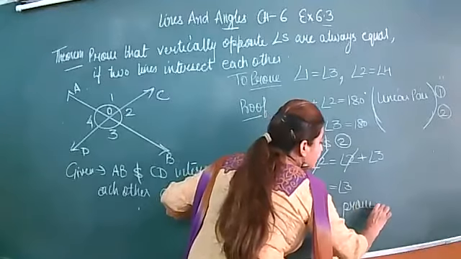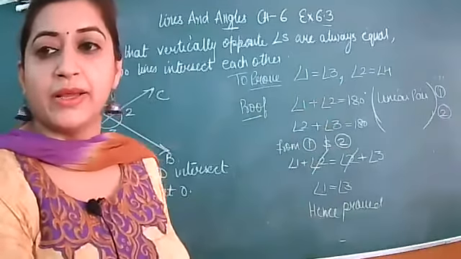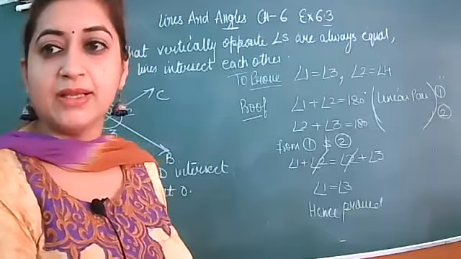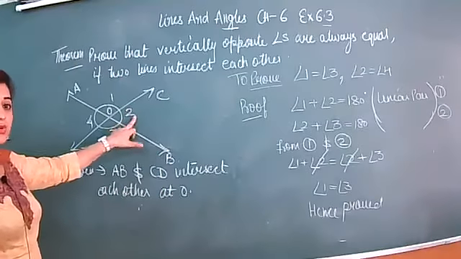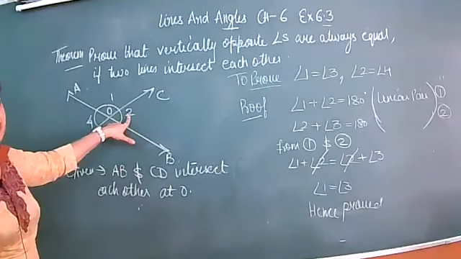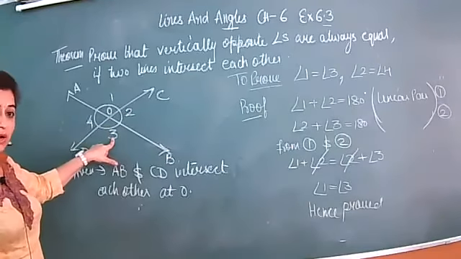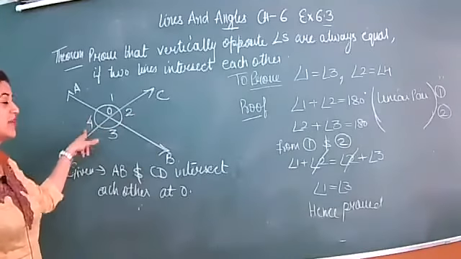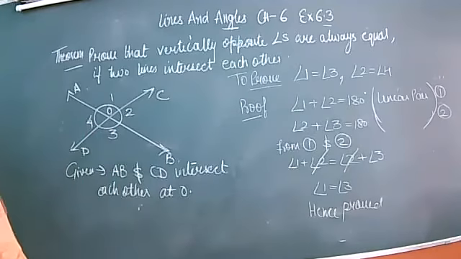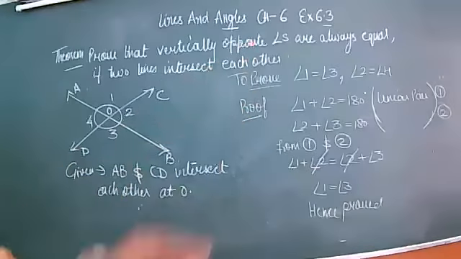And similarly, you can write another, angle 2 and 4 as equal, if you apply the linear pair property in the other pair. But why I have taken 1 and 2 and 2 and 3? Because 2 is common and I already knew that 2 will cancel out. If you want to cancel out 3, you can take 2, 3, 3, 4. 3 will cancel out, that will give you 2 and 4. So if you have any doubt, you can ask me, and at the end you will write similarly angle 2 is equal to angle 4.